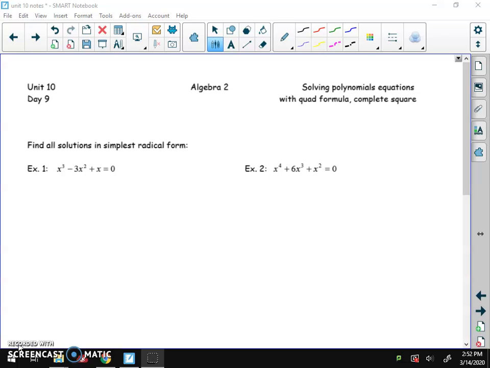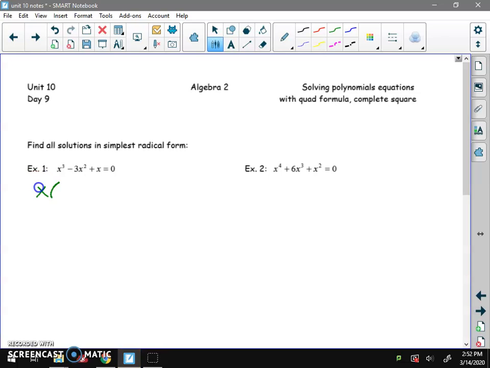You're going to pull out your GCF of x, which gives you x times (x squared minus 3x plus 1) equals 0. This side's easy. You know already that's going to be x equals 0, so that's going to be one of the solutions. On this side, though, if you try to factor it, you're not going to be able to think of two factors that multiply to 1 and add up to 3. There aren't any. It's also not a good candidate for completing the square